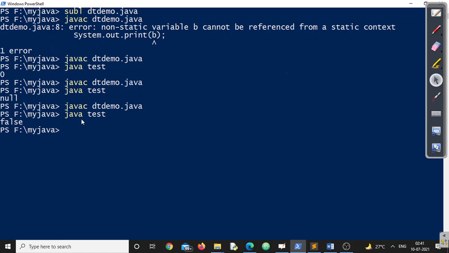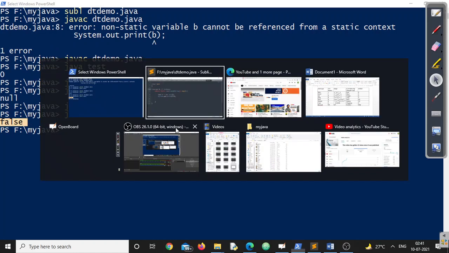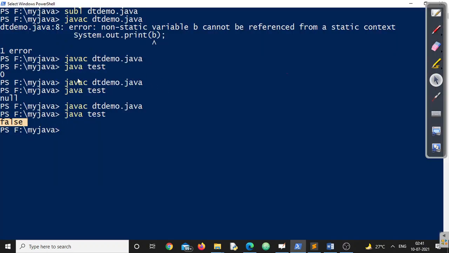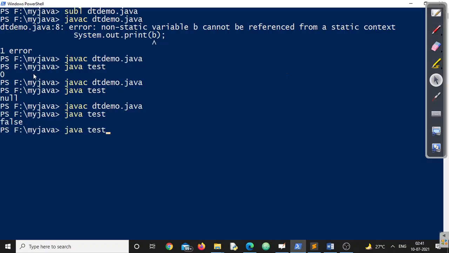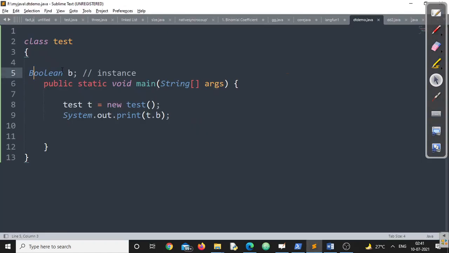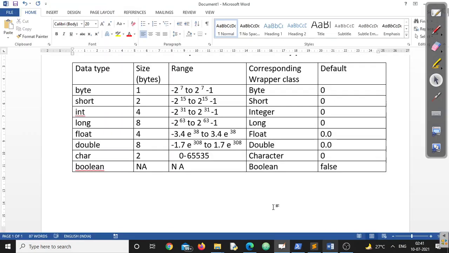So that is the difference between a primitive and a wrapper class. If I am creating a boolean primitive, I am always going to get a false value. In case by mistake I write Boolean with a capital B, immediately the value will be null, because this is a wrapper class, meaning b is now an object or reference variable, and reference variables are always initialized to null. By whom? By the JVM only. Remember, the initialization for the instance variable or the static variable is done by the JVM, not by the Java compiler. So in this regard, you can check all other data types here.